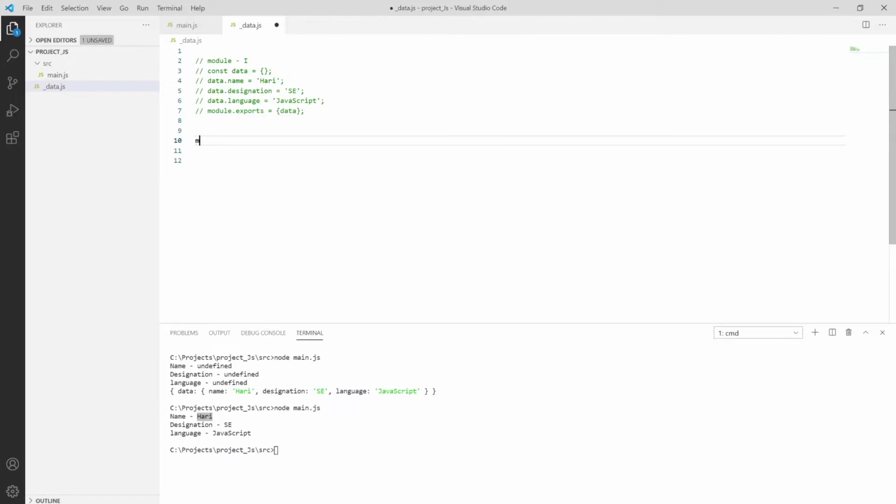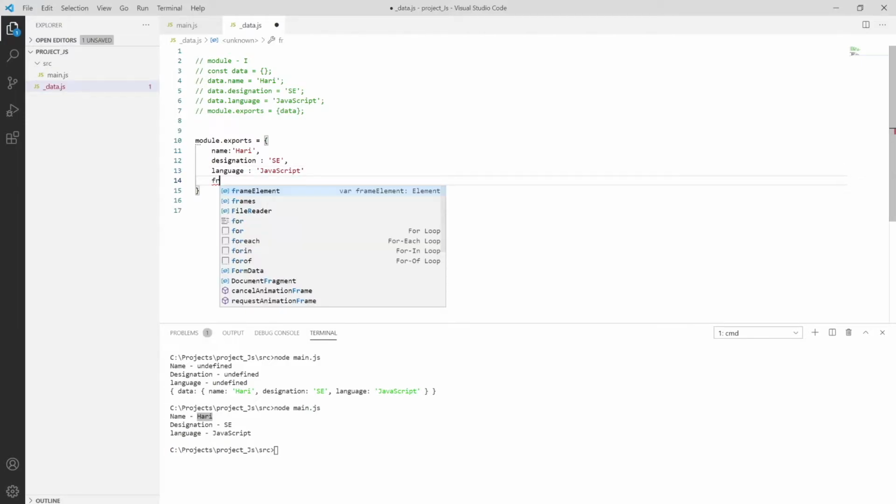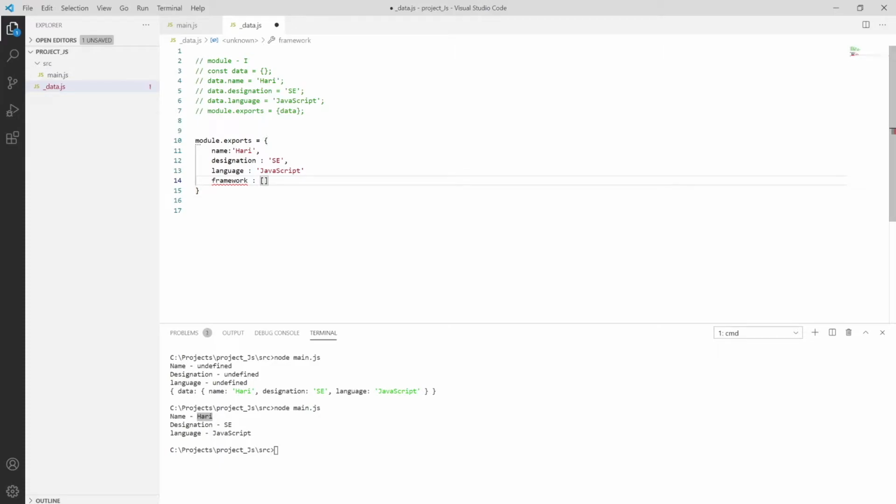We can expect module.exports equal to, and then in braces we can pass name as Hari, designation as SC, language as JavaScript, or framework as an array.